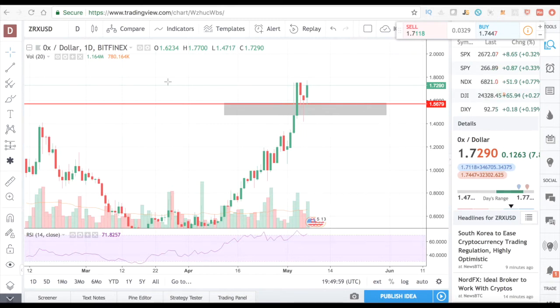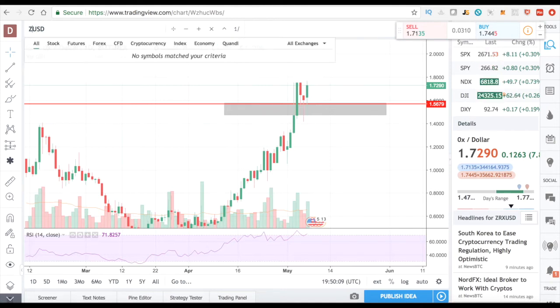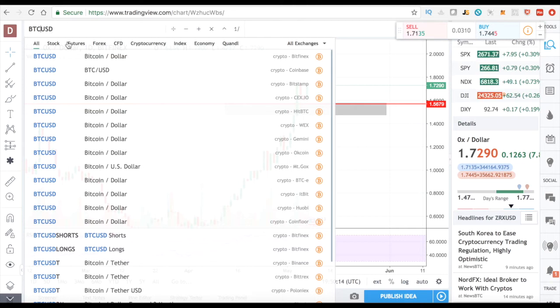So right now we're looking at ZRX. This is one type of cryptocurrency. If you want to look at something else, you would click right here and you change it. So let's go back. Let's go to Bitcoin. So you'd erase that, click on BTC, and if you see right here in the side, it tells you which